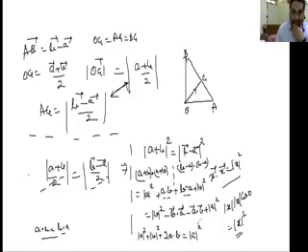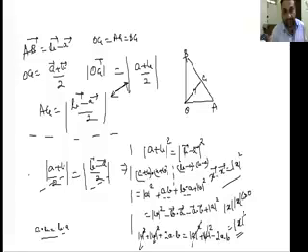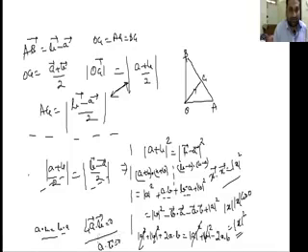Correct? Now let us do the right side dot. This is b minus a dot b minus a. Let's do this. B dot b is mod b square. What is b dot minus a? Minus b dot a. Got it? Then the next term, minus a dot b, so this is minus a dot b. And next I get minus a dot minus a. What is that? Plus mod a square. Is this okay?